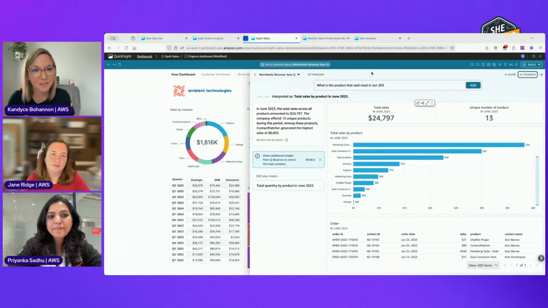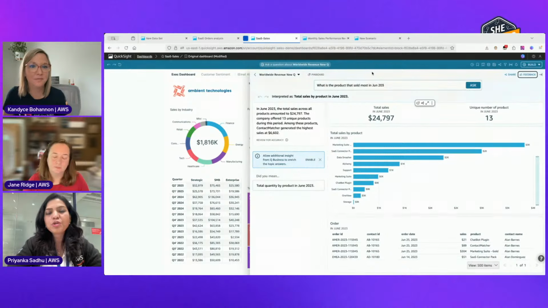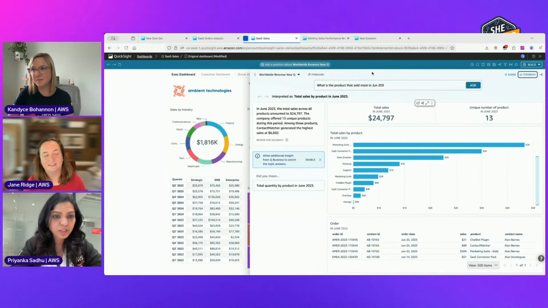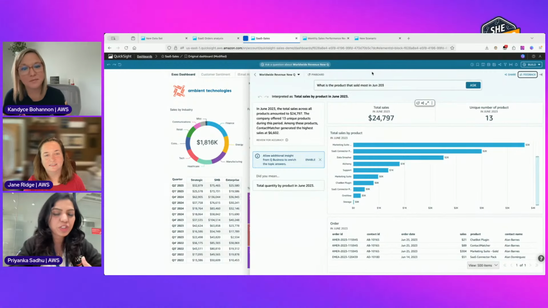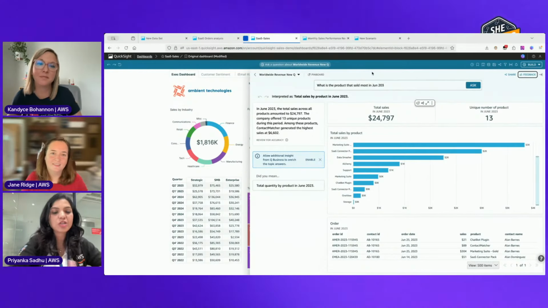And just to get started with this, Priyanka, if I'm starting with QuickSight, it sounds like it would just be a question of enabling the features. I don't really have to do anything else except turn that on. Is that right? Yep. Say if you have two or three different dashboards and you want to combine the data from them and start asking questions, that's where you go behind the scenes and say, these are all related, create a topic out of it. Now it knows, okay, if you're asking a question, I should look into these 3 dashboards and then answer you, not just one.